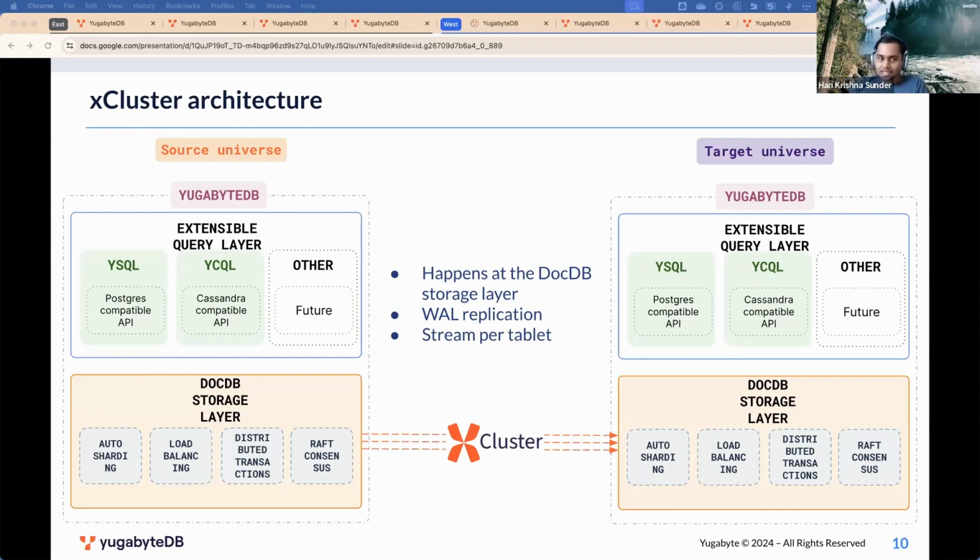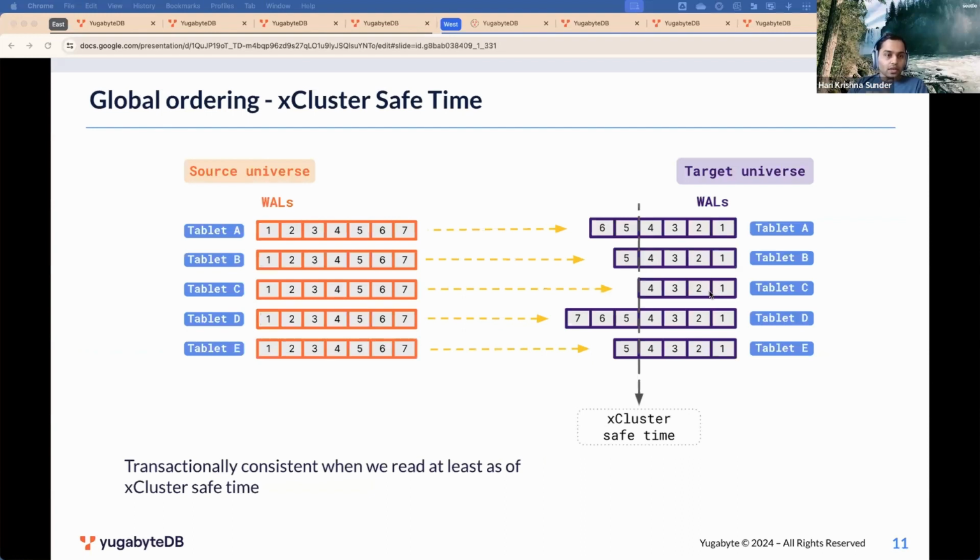So for transactional xCluster, what do we need? We need global ordering. Like I mentioned, we are replicating a tablet at a time, and each tablet has its own log, the write-ahead logs, that is getting replicated from the source side to the target side. And it's independent, which means that on the target,